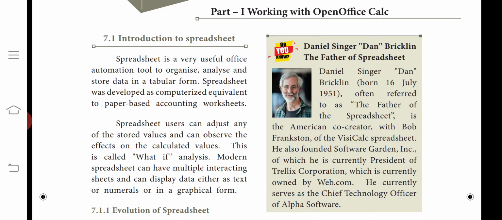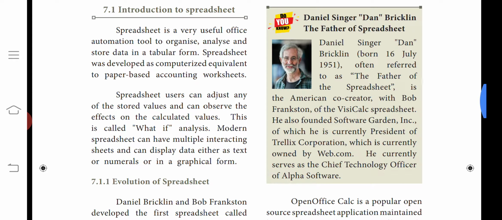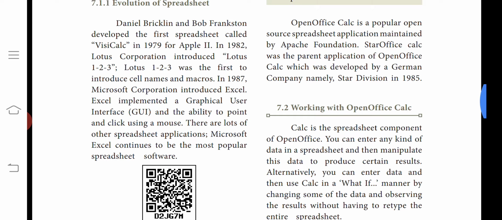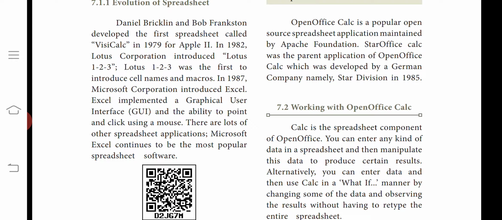This tabular form is used to organize, analyze, and store data. Daniel Bricklin and Bob Frankston developed the first spreadsheet, called VisiCalc, in 1979 for the Apple II.